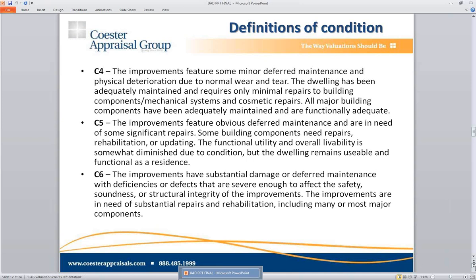Now this is not average for the market area. This is based on the sole condition of the property. So how is this property? Is it renovated? Is it in good condition? Has it been updated? Does it have any wear and tear? All these types of things now have to be considered when